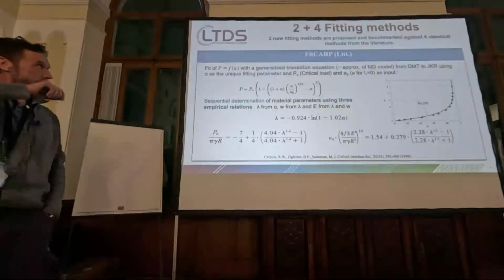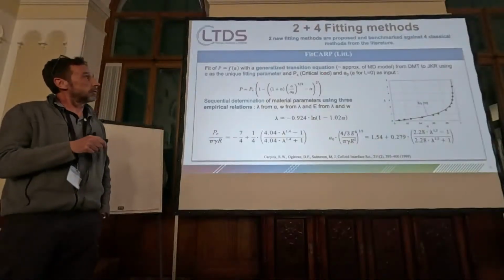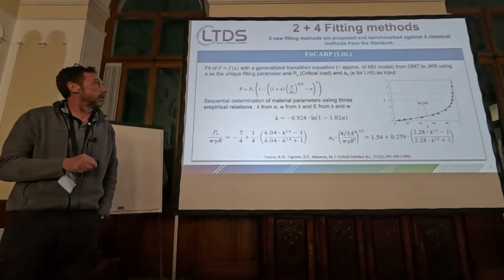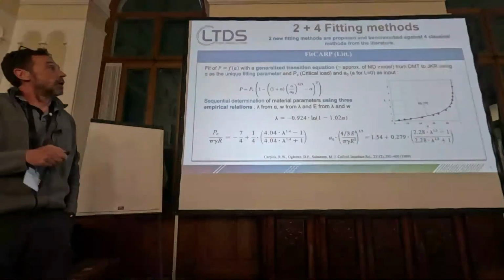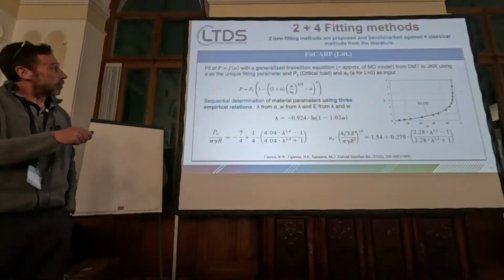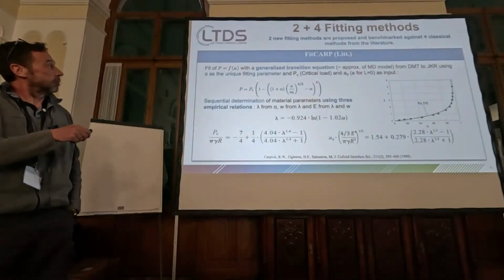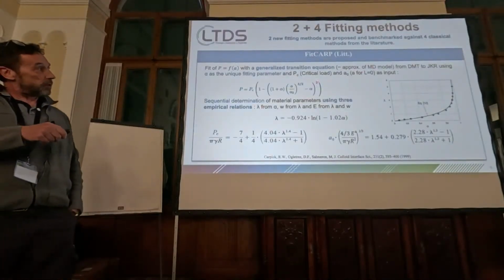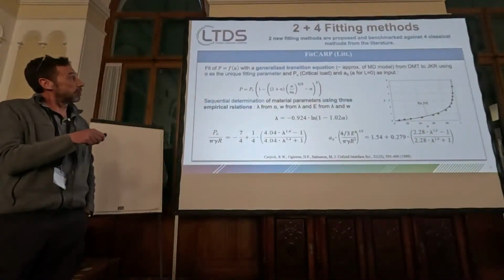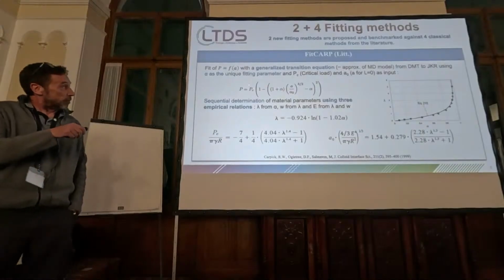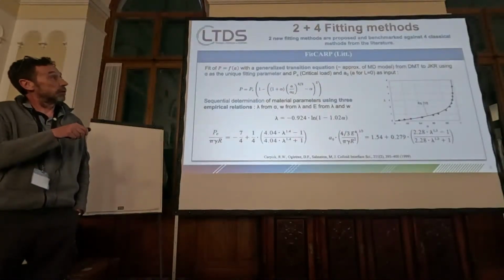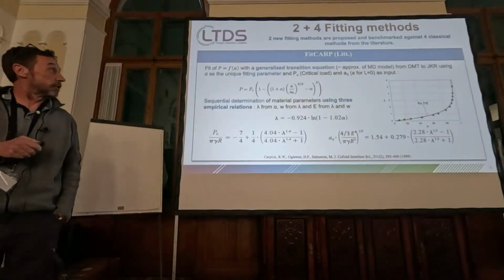The fourth one we use is a method proposed by Carpick in this paper in 1999. He used an approximation of the Maugis-Dugdale model, and he proposed a transition equation which can go from DMT to JKR using a single parameter alpha, so you can have a relation between the normal force and the contact radius just using a single parameter all along the different adhesive regimes.